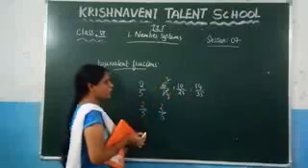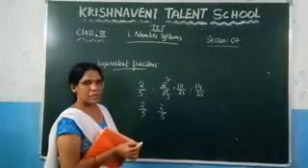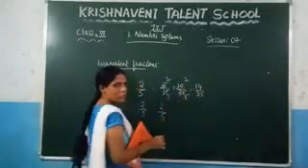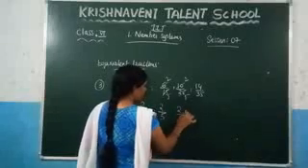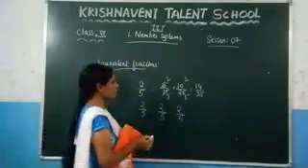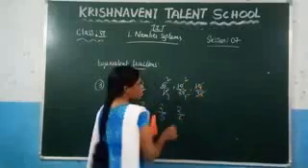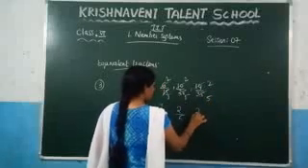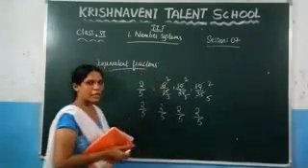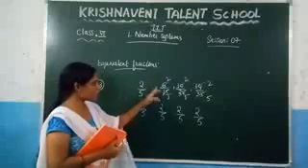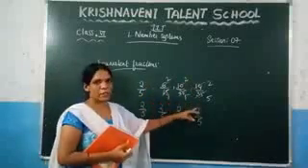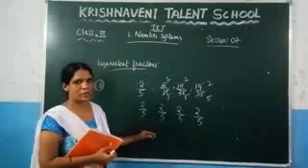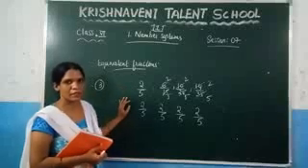Now if you see 10 by 25, these two numbers are multiples of 5. Here 5 twos are 10, 5 fives are 25. So what is this value again? You are getting 2 by 5. And you can observe these two numbers are multiples of 7. Here 7 twos are 14, 7 fives are 35. Again you are getting 2 by 5. So we have written 2 by 5 as 6 by 15, 10 by 25, 14 by 35. After cancelling, all the fractions become 2 by 5. That's why we say these are the equivalent fractions.